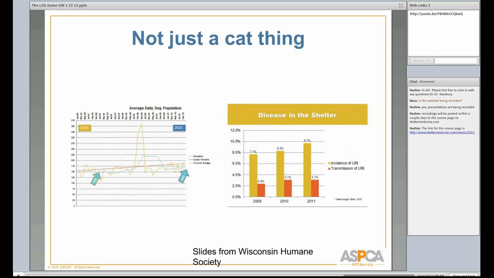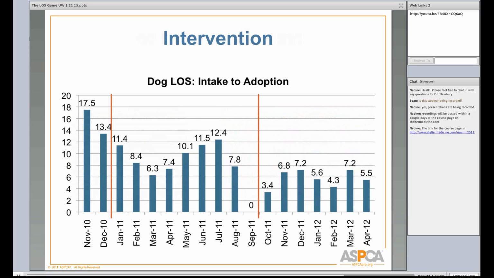They needed an intervention. What they had been doing was using their double-sided kennels with the guillotine door down, so they had one dog on each side of the kennel, and they thought that was a better way of approaching it because they could get more dogs in. So they thought that would mean they could adopt more dogs. They made an intervention and decided not to do that anymore and dramatically reduced the in-shelter population of dogs. And you can see how dramatically their length of stay for dogs came down by giving each dog the double-sided run. So again, they could shift the dogs from side to side to clean, which made things easier for the staff and also exposed the dogs to less disease.